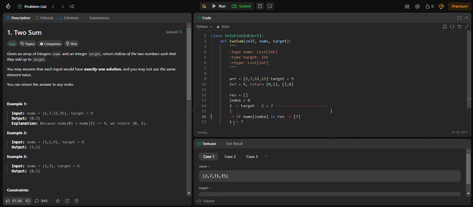So if nums of index is in res, then I will just return res. I'll write pseudocode: res dot find nums of index. Let's assume that this will give you the index of where this value is in the res, and the current index. If it is not there,